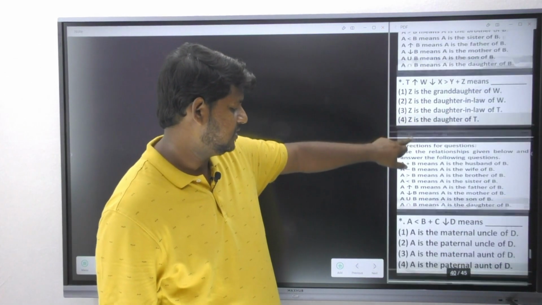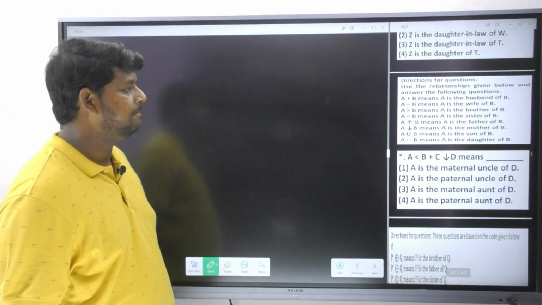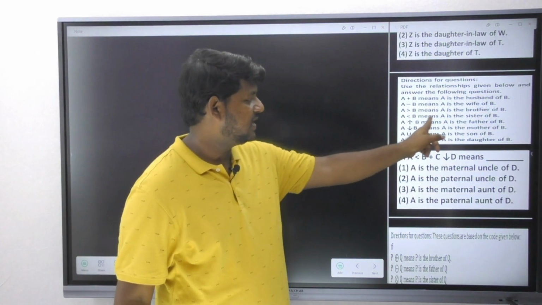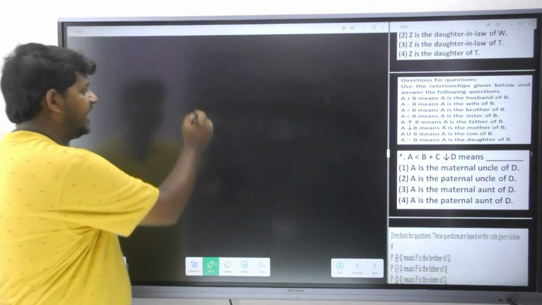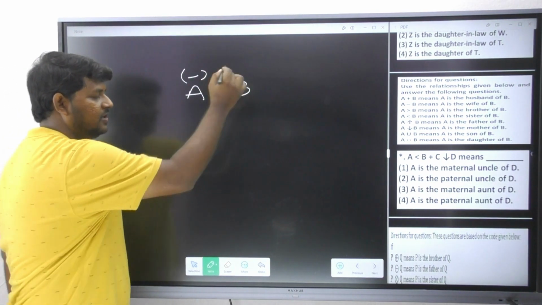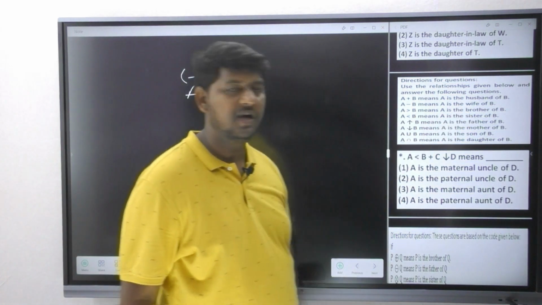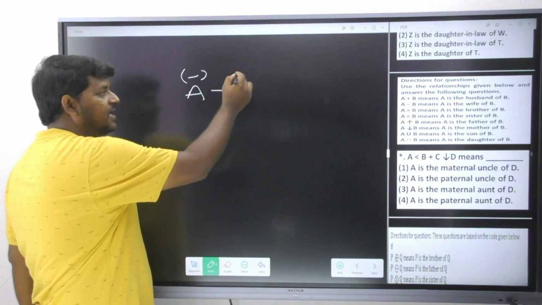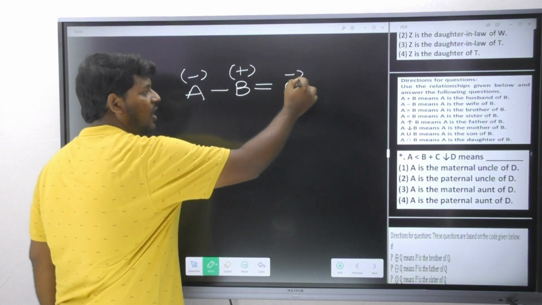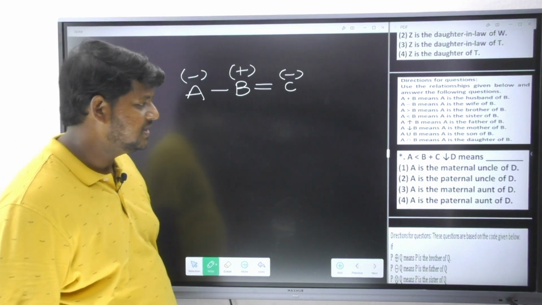Next question, please. Right. Let's see here. What is it saying? A less than B. What do you mean by less than here? Sister. So A is the sister of B. Next, B plus C. Plus is indicating what? Husband. So B became husband for whom? C. Now C automatically becomes a female. Again, rule number 2 is helping us.